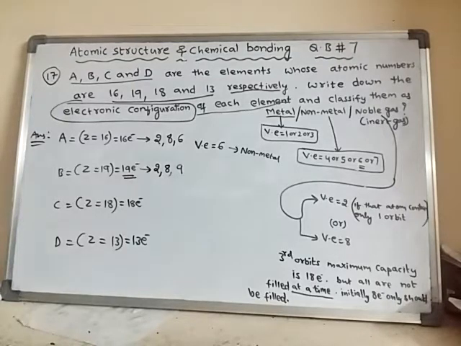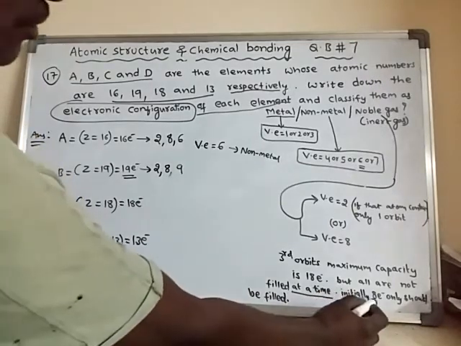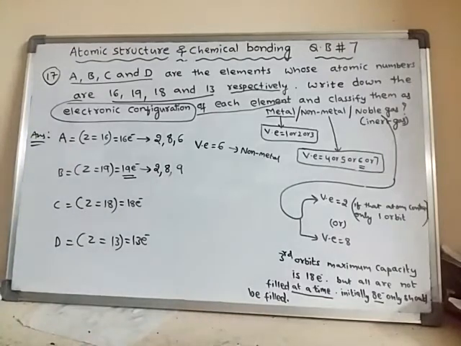The remaining electrons are filled after getting 2 electrons in the fourth orbit. Remember that initially we have to fill only 8 electrons in the third orbit, and after that, we have to fill 2 electrons in the fourth orbit. Then only the rest of the electrons will enter back into the third orbit, up to a maximum of 18.